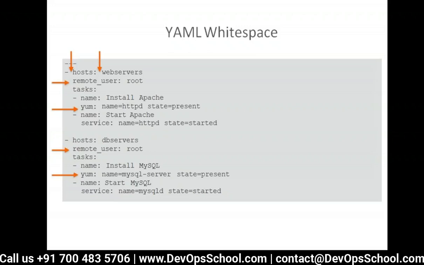First, let me ask you this question. Those who are well versed with the playbook, don't try, because I know that some of you are very good in Ansible already. So if you answer, then it will not make sense. So those who are just learning Ansible, tell me, what do you think? How many plays do you have in this playbook? Two. Okay, so now you see here, and look at the arrow sign also. Look at this spacing and all. It should be identical and consistent across the document.